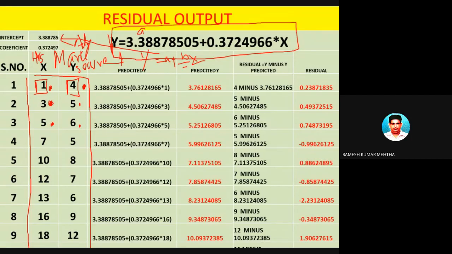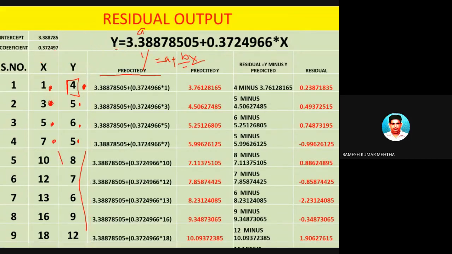This guy has worked for 7 hours, and he has secured 5 marks, and so on and so forth. So the data is in front of you. Now, how do you find out predicted y? Predicted y is equal to 3.38, this is the equation for predicted y. Predicted y, which is the symbol for this one, is equal to this equation I have used, 3.38